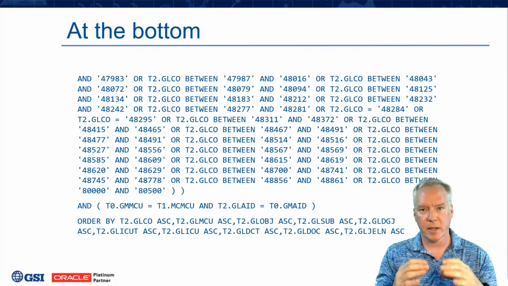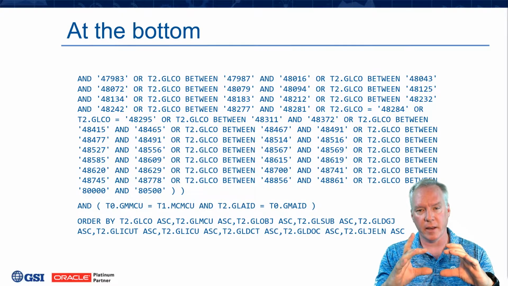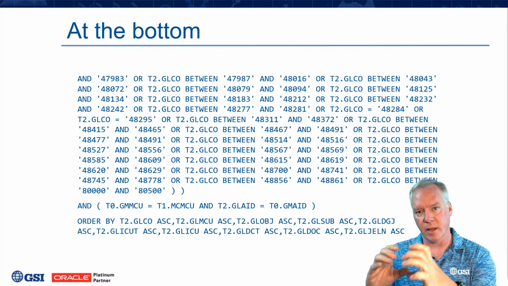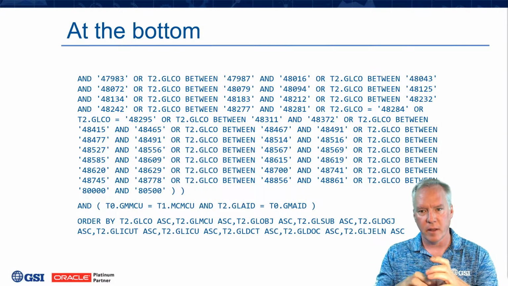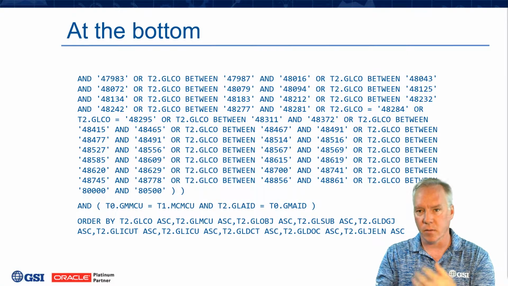So once it's collected all of that information, and then it looks at the bottom, oh, there's an order by. It needs to be in a specific order. But it takes that whole data set and puts it into another space on your database. On Oracle, it's a temporary table space. On SQL Server, it's the temp DB. Takes that entire data set, stuffs it into that temporary database, and then resorts it completely, and then sends it